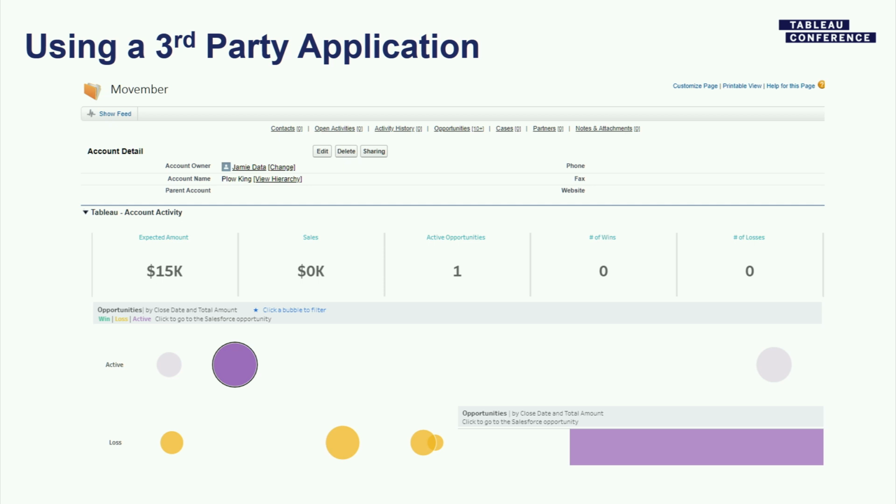And instead of having to then go and log into Tableau Server in a different window, find the right dashboard I want, log in, filter for Movember, why not bring the analytics to Salesforce.com so that our account manager can go in and they can see things like, okay, well, this one user is never going on our website, he's never watching any training videos, I wonder why that is. Obviously, it's because he's going to me to get all this information instead of going to find it himself. But this allows the salespeople at Tableau, or account managers, to make more informed decisions about their accounts, where they should focus their time. So you want to bring the analytics to people's daily workflows so that it's incorporated more easily.